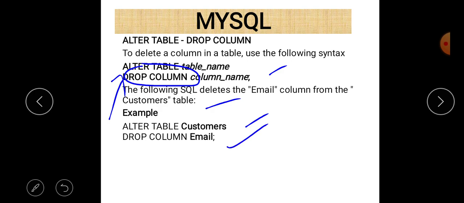If you want to delete that email column, we just write ALTER TABLE customers DROP COLUMN email. So email will be deleted after the execution of that statement in the table customers.